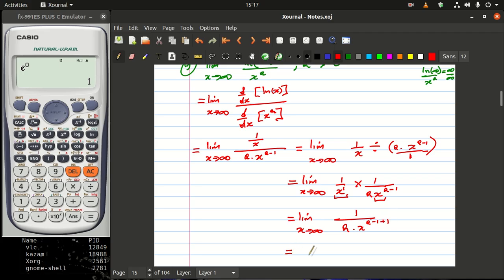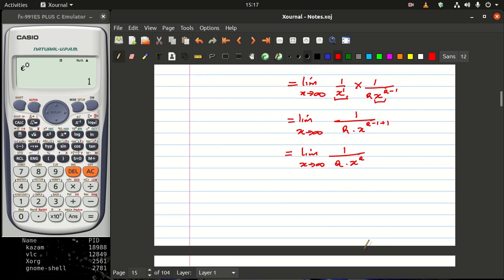So this whole thing will end up becoming the limit as x approaches infinity of 1 divided by a times x raised to minus 1 plus 1. We know that it's a 0, so we end up having that nice a there. And because we are having this nice thing here, what is also important is this. Now I'm going to plug in. When I'm plugging in, I drop the limit, so I'll end up having 1 divided by a times